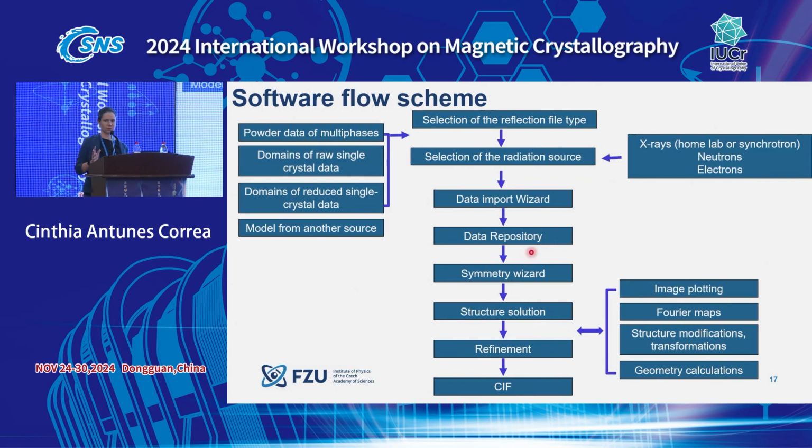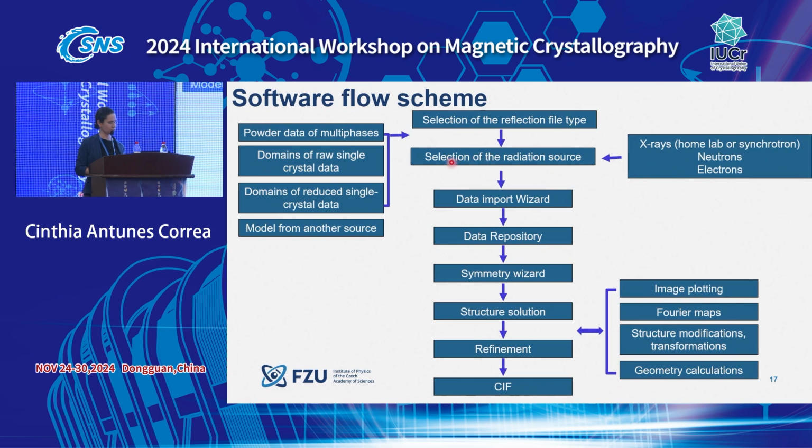Okay, so now let's say you already have the program installed and you know more or less how it looks. So how does it go? What's the flow of the program? Here we start by selecting the reflection file type. We can select files from powder data, from single crystal, or from another source. For the case of magnetic structures, we usually use it from SIF, and then you import the data